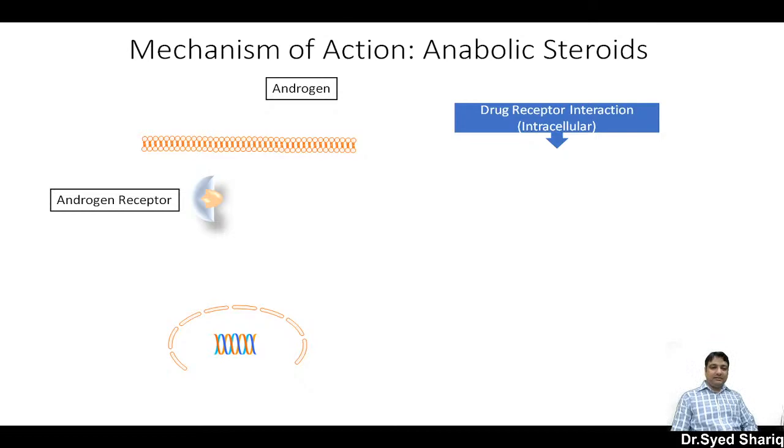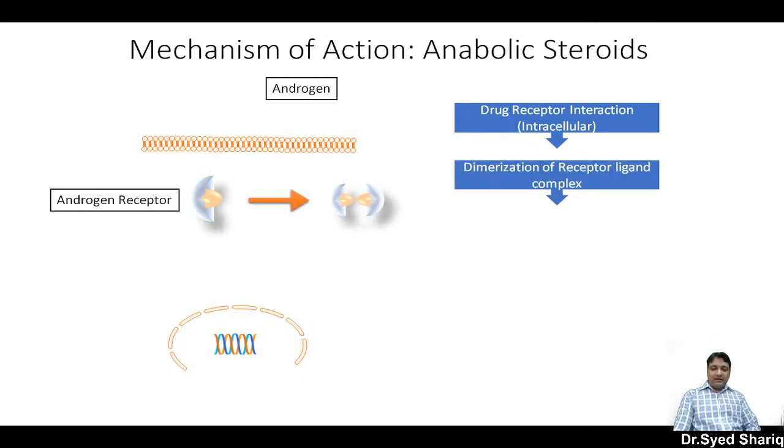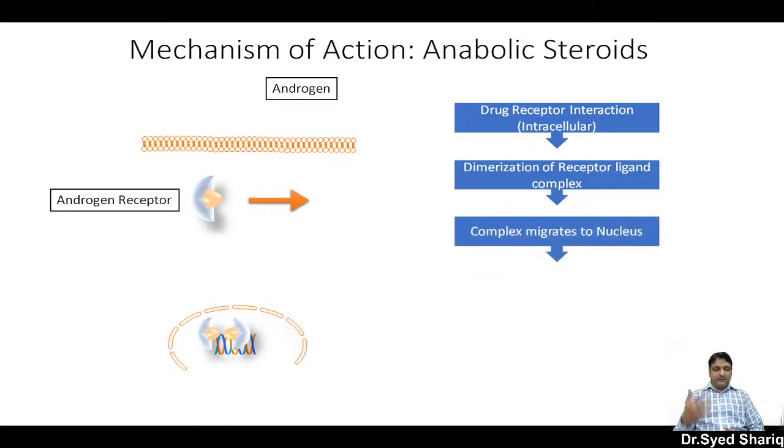Now these receptors get dimerized, and this whole receptor-ligand complex then moves into the nucleus. In the nucleus, it migrates to the part of the DNA at which it wants to act,